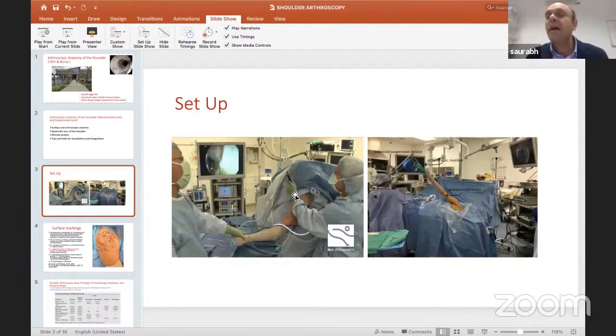And this is where your lateral decubitus position comes, because the patient is supine. So circulation is never an issue. So your happiest person in your theater is your anesthetist. But on the other hand, because your arm is on traction, traction neuropraxia can happen in lateral decubitus. Second is familiarity, because most of your work is in beach chair. Third is your anterior portals are difficult. So there's no right or wrong. Whatever you are trained in, you should use that position. The idea is to do a good job and a quick job.